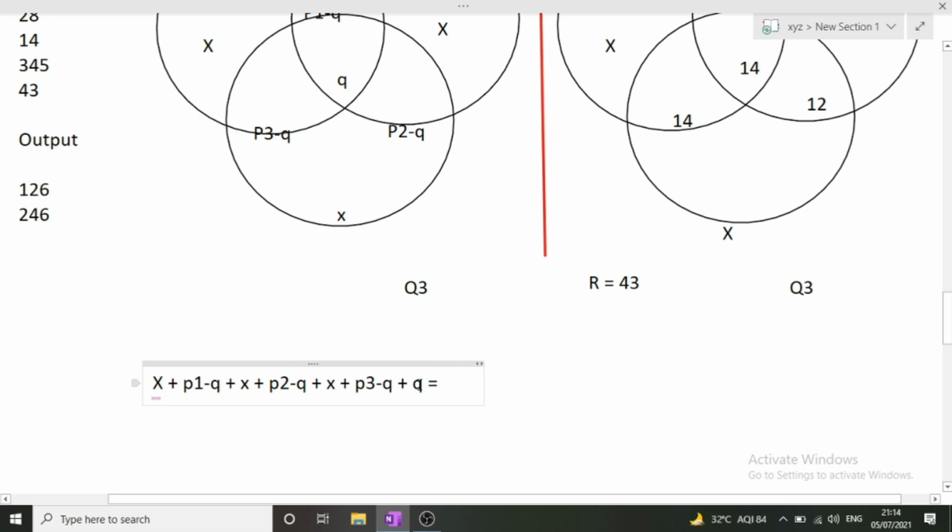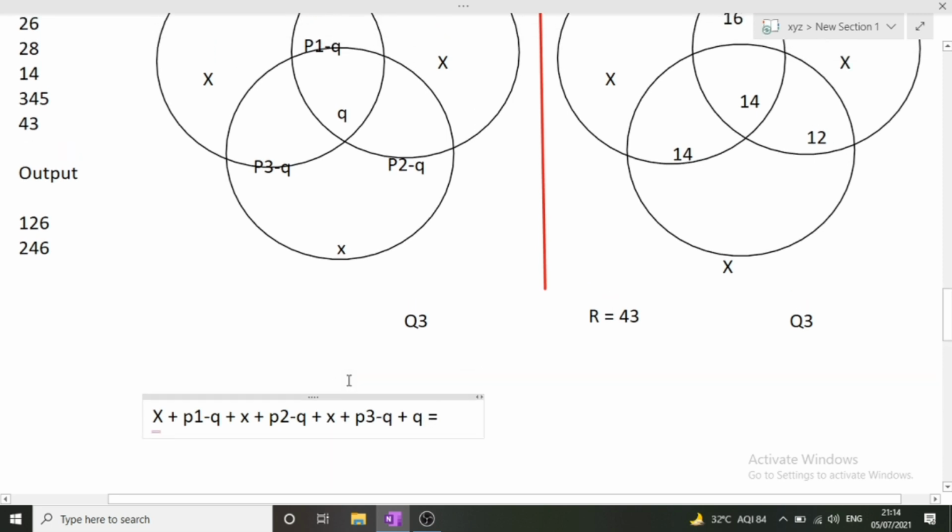Now, what will this value be equal to? This value will be equal to the total number of candidates who have participated. How will we calculate that? We will do total employees minus the employees who have not participated. That is E, the total number of employees, minus R, the candidates who have not participated. I hope this relation is clear, because with it we will find the value of x and all the values ahead.